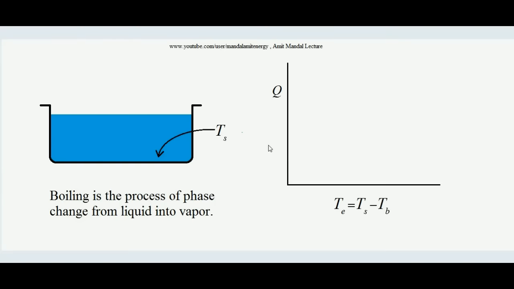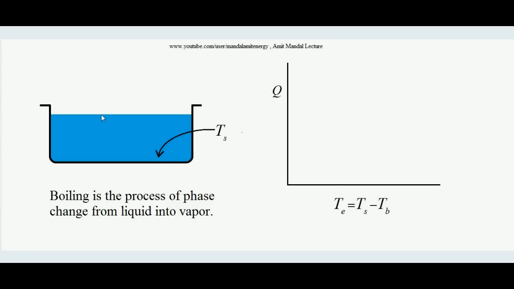So let's learn. In this lecture we will learn about the pool boiling concept and the heat transfer concepts associated with pool boiling. So pool boiling is where liquid is kept in a container, meaning the liquid is unable to move, and we are supplying heat from the bottom. We will learn how the heat transfer rate Q varies with ΔT excess. Now what is ΔT excess? It is the temperature difference between the inner surface temperature and the boiling point.